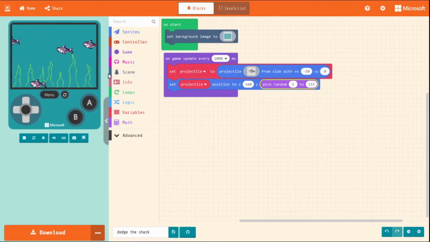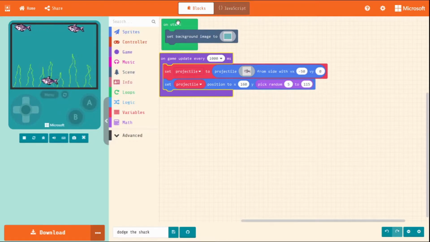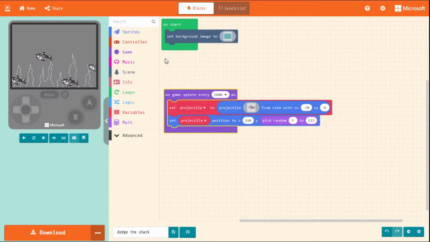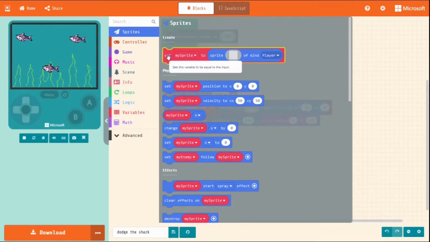And so I think that's great. And now we can add our player into the mix. Okay, so to add our player, we're going to do that right in the on start block. So I'll move this down a bit. And we're going to go into sprites. And then under create, grab this set my sprite to block